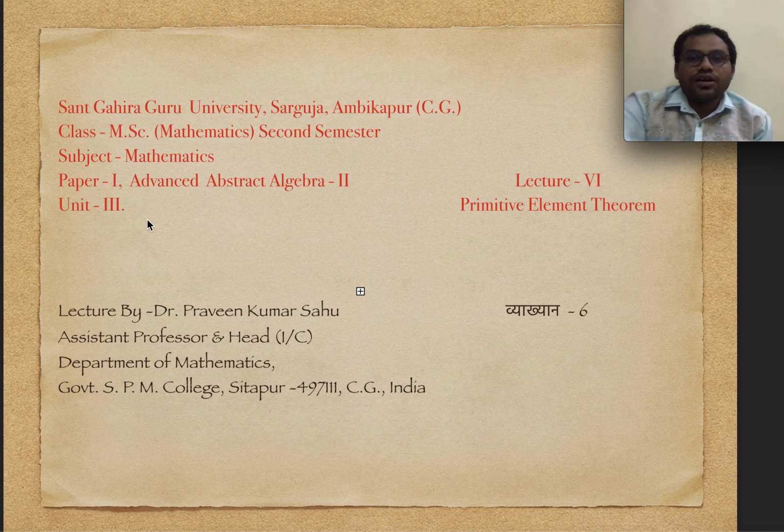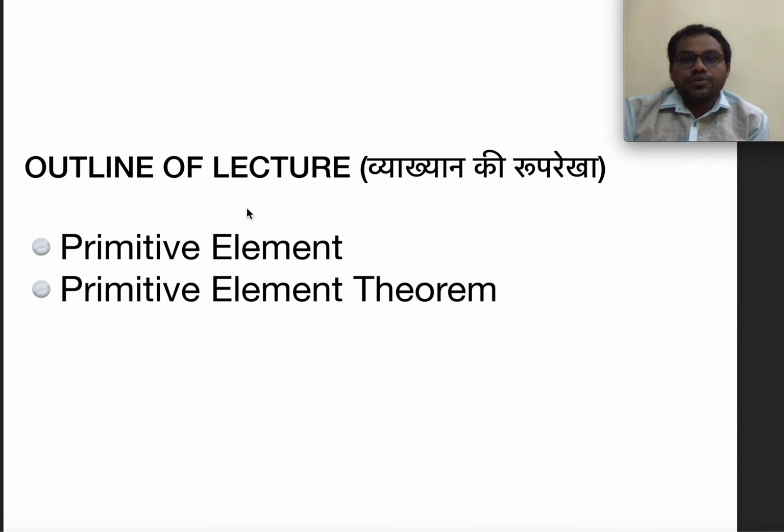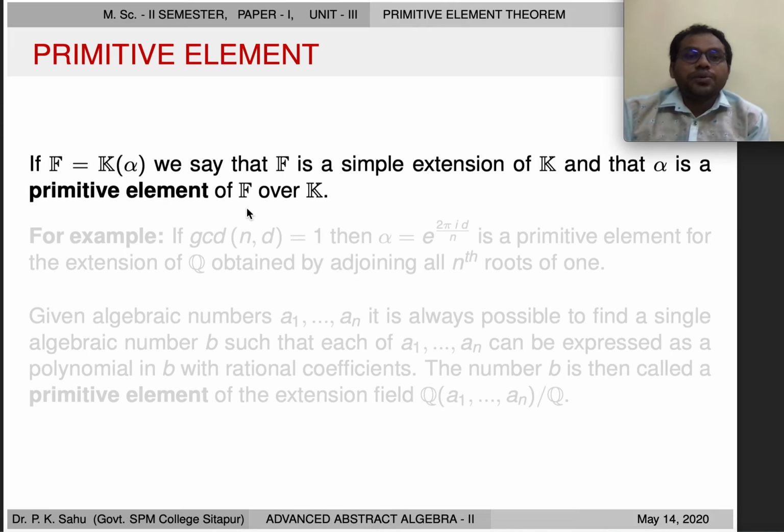So let's see the outline of the lecture. In this lecture, we are going to discuss primitive element theorem. But before discussing that theorem, we have to define what is a primitive element. So let's see. Suppose we have a field extension F over some base field K such that F is equal to K adjoined alpha. Then we say that this F is a simple extension of K and that alpha is known as primitive element